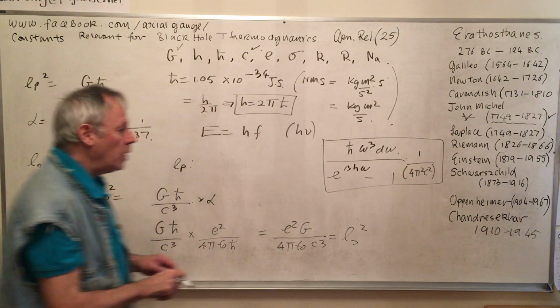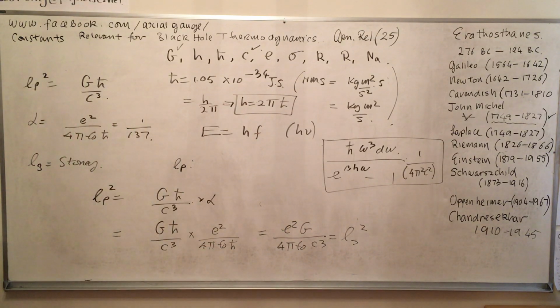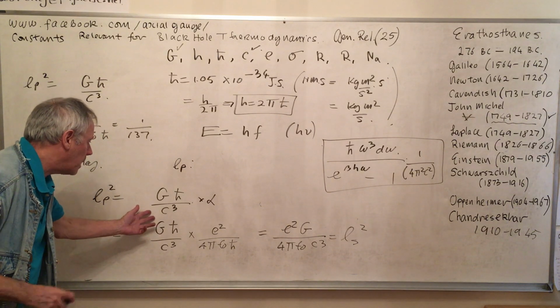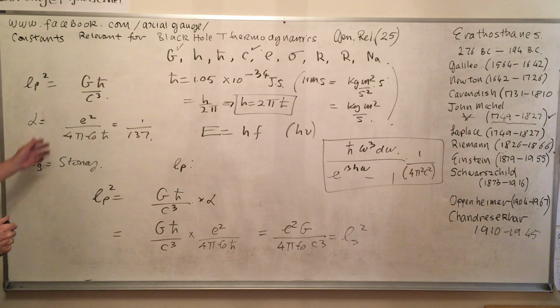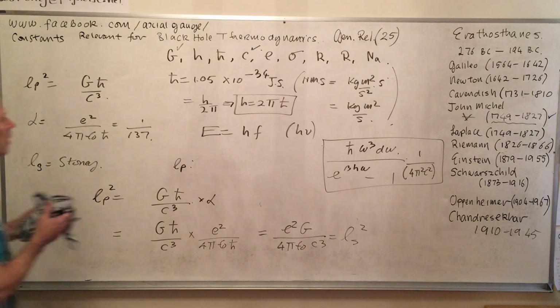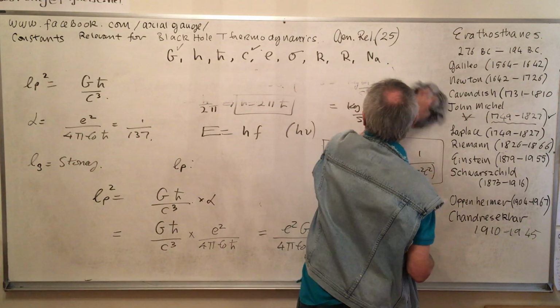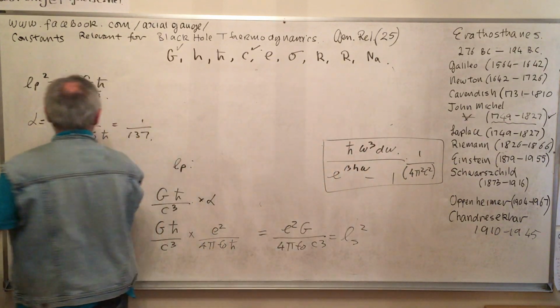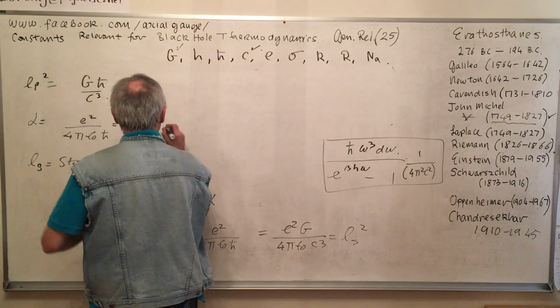Now this is called a Stoney length. Well, wait a minute. It also gives us a way to talk about which is the most fundamental object. Is it Planck's constant or the universal unit of charge? Let's see what I mean by that. Here we have alpha equals this quantity here. So therefore then,